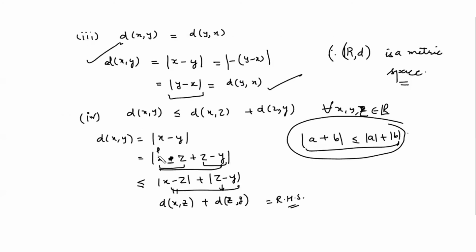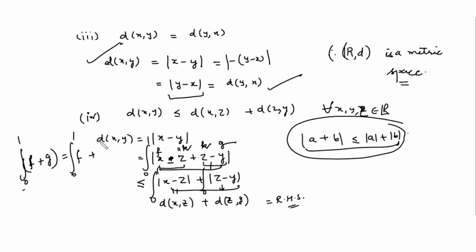Now see the last one. Here, in place of x we have f, in place of z take some new function k, and this is g, so this already holds. Now you can apply the integration to both sides. We know that the integration of any real valued continuous function defined on a closed interval, a bounded function, the integral of the sum is the same as the sum of the integrals, so you can split it into two.